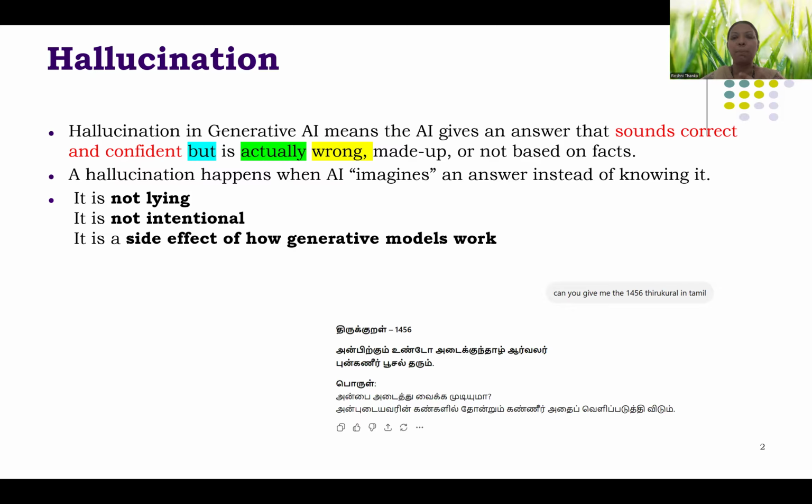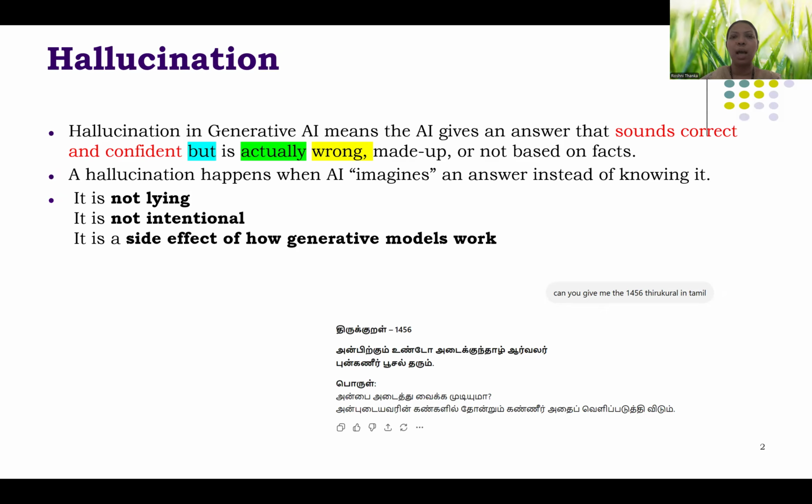So why does hallucination happen? Because generative AI imagines an answer. Instead of knowing the fact, it is imagining. We discussed in the previous video how it is working: it is always predicting the next tokens, and it happens iteratively. That's how we get the answer. So it is not going to verify whether the content generated is fact or truth.